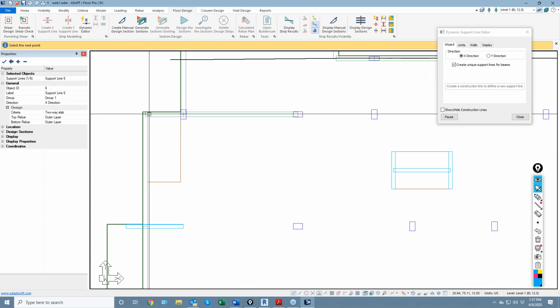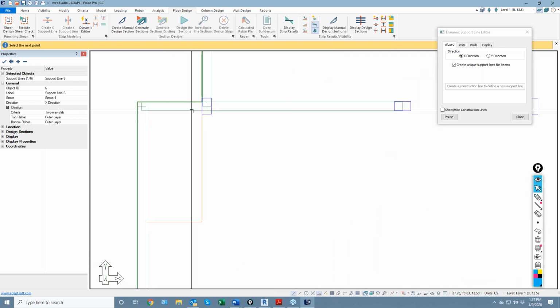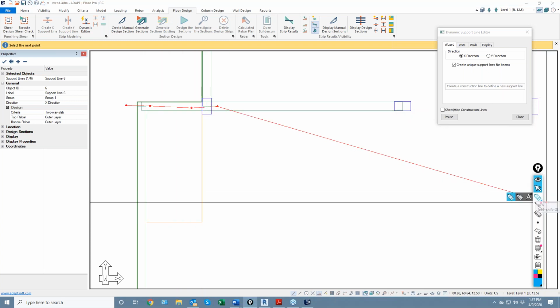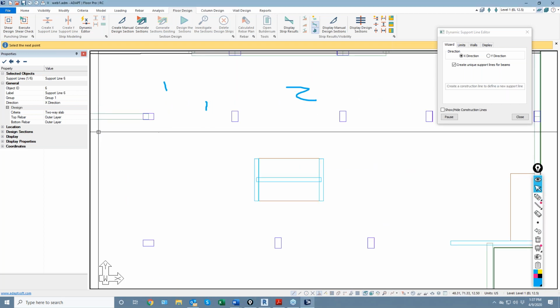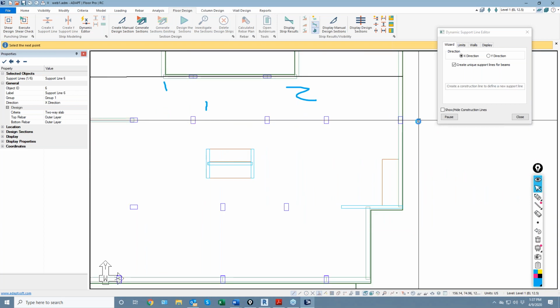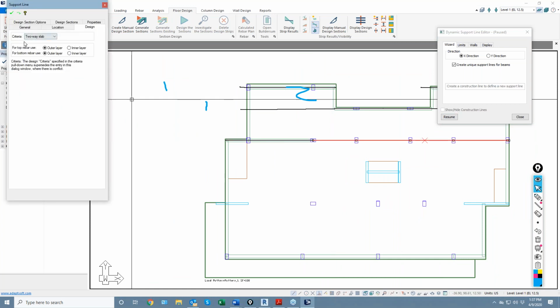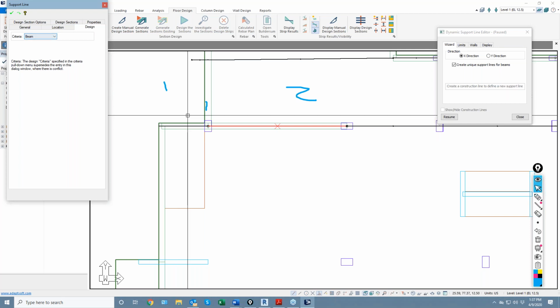So one thing you can do is if you snap near the endpoints of each beam segment, I'm having to snap 1, 2, 3 because I have a beam segment. This is beam segment, I'll label this. This is 1 and this is 2. There's a break right there between the two. So they're actually two separate beams in this case. And if I snap near the endpoint here, and then I go all the way through, you'll notice now that the program breaks this. So this is a two-way slab, and this now becomes a beam criteria here,